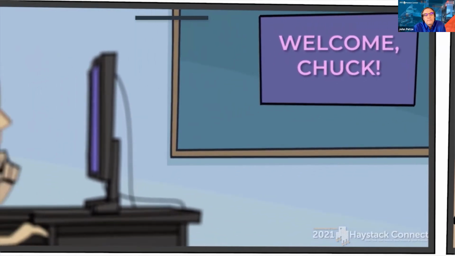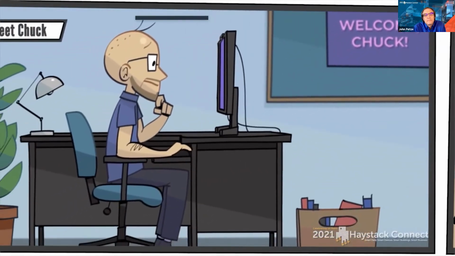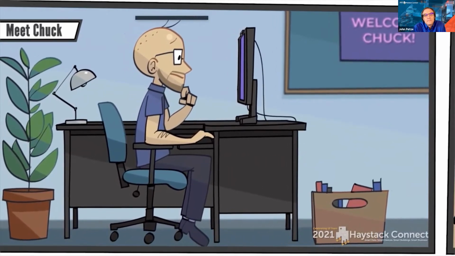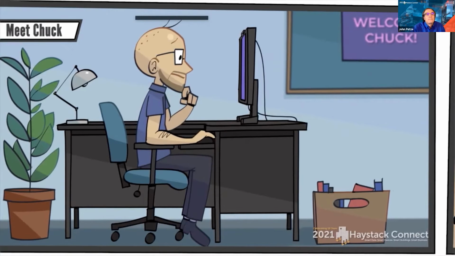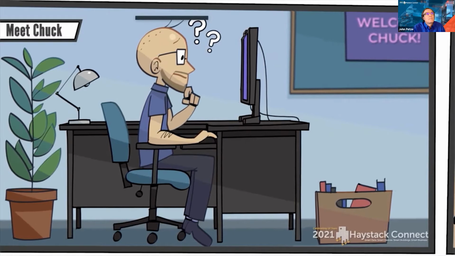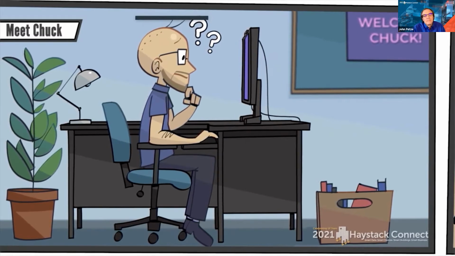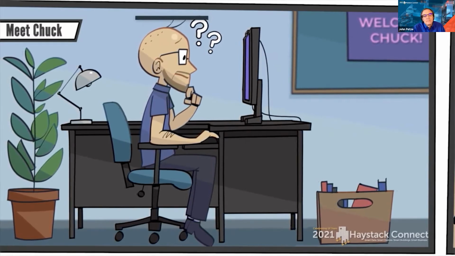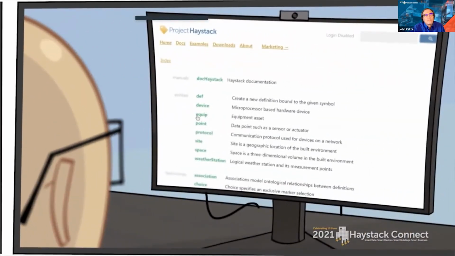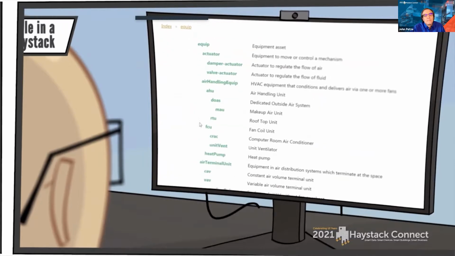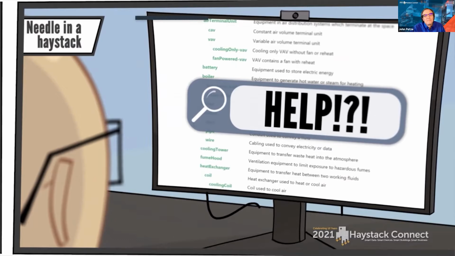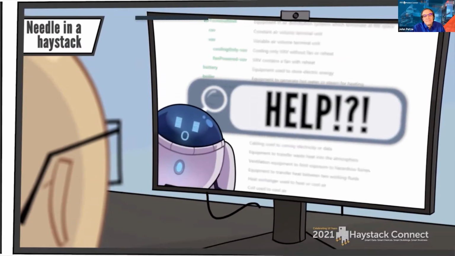Chuck is an energy engineer and it's his first week in a new job. His new team uses Skyspark to manage the data in their smart buildings. This week, Chuck needs to learn Skyspark fast. But first of all, it's important he's able to understand and use basic Haystack data tags. He's been directed to the Project Haystack website, which to be honest can seem a bit overwhelming. Lucky for Chuck, Phantom Factory is here to help with online e-learning.